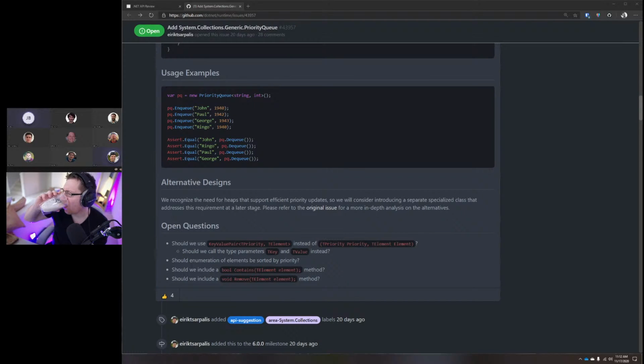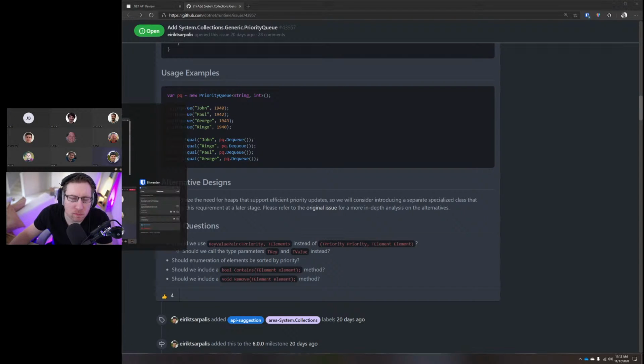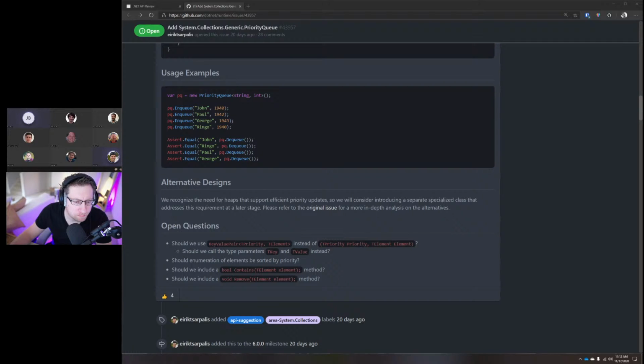Yeah. What about contains? It would also be a linear time operation, but it wouldn't contain the ambiguities of remove for obvious reasons. Fair enough. Is there a reasonable scenario for it? If it's an O(n) scan, then maybe it's just better for somebody to use the iterator. That's a fair point. I would say contains in almost all cases is a linear scan, right? So if contains is a simple linear scan, I would argue that's probably not terrible to have. Funny enough, even stack has contains, which is odd, but it's true.